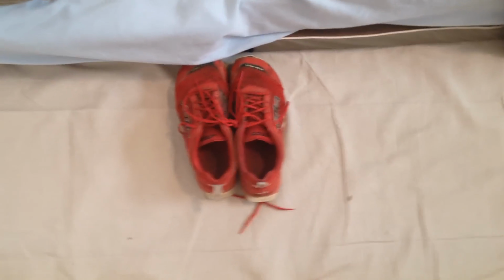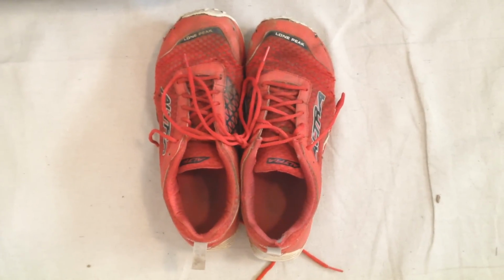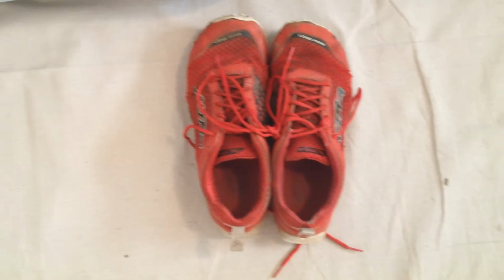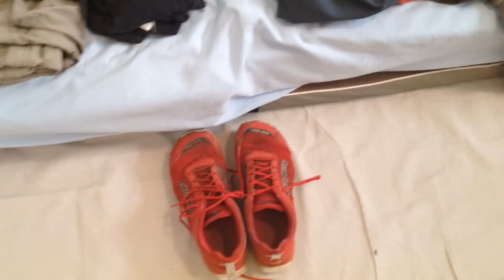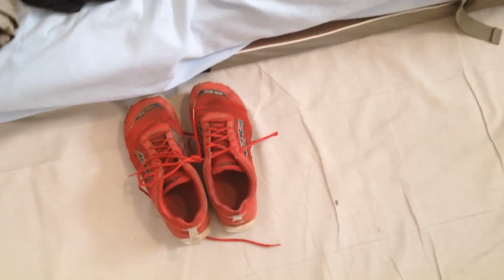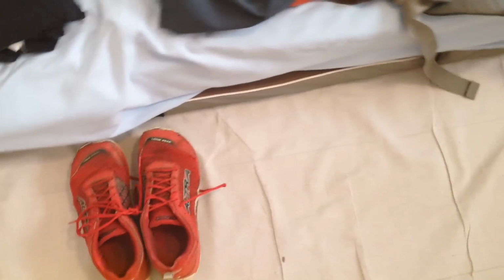All right, pretty good. Oh, something I forgot to mention: shoes. I used the Altra Lone Peaks. They were great. I didn't have any problems with them, other than the fact that they didn't dry quickly enough for my liking. Other than that, they were super fantastic. Good grip, pretty durable. Yeah, I did 800 miles in one pair in the desert up to Kearsarge. So good shoes, very good shoes. And I've got my new pair right here that I'll be using, the 2.0s